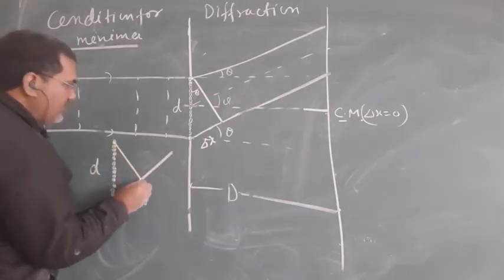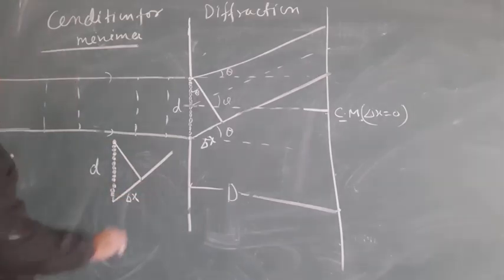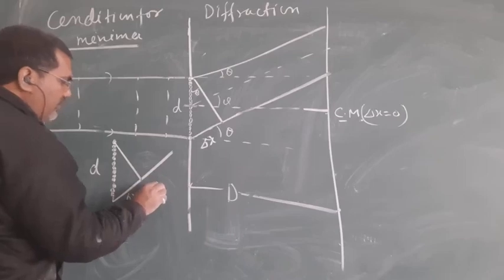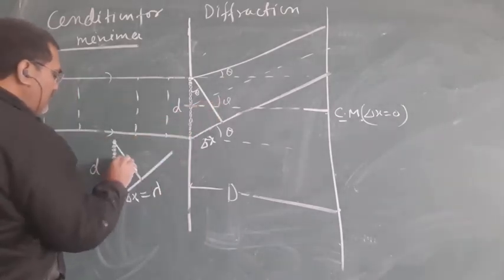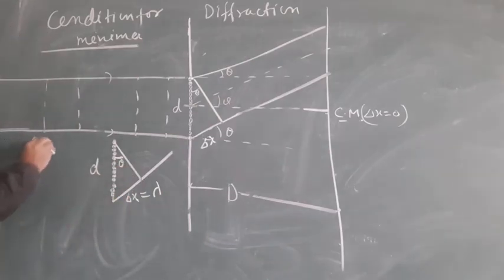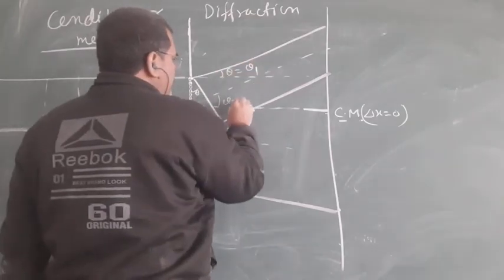Draw a perpendicular here and this is the path difference. Consider the path difference in lambda, and this is the diffraction angle theta. So if theta equal to theta 1,